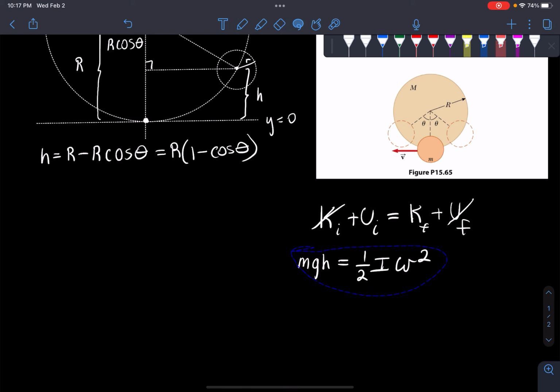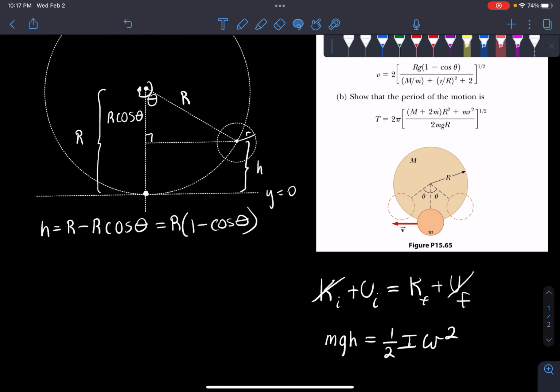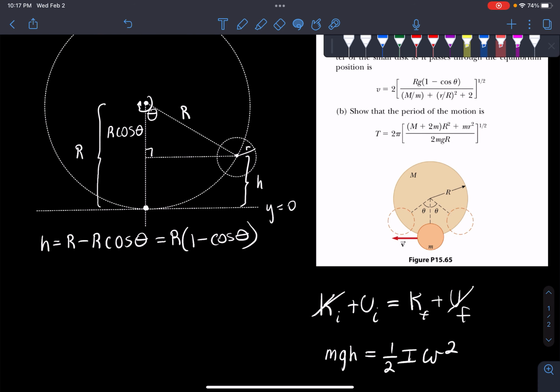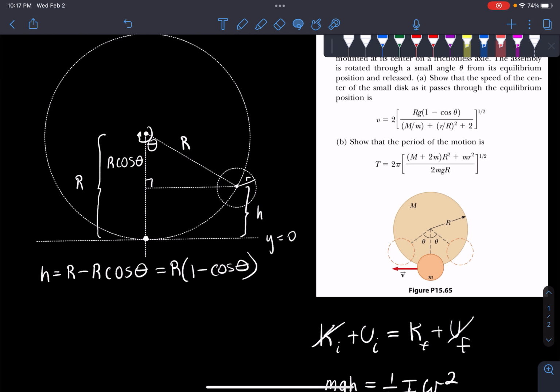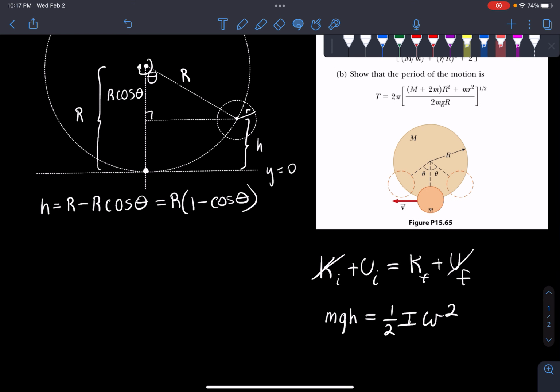I'm just going to move this over a little bit. So the moment of inertia. Well, moment of inertia is going to involve both disks, because we're pulling both disks at an angle of theta, right? It's because the smaller disk is attached to the bigger disk. So the moment of inertia, I'll say,